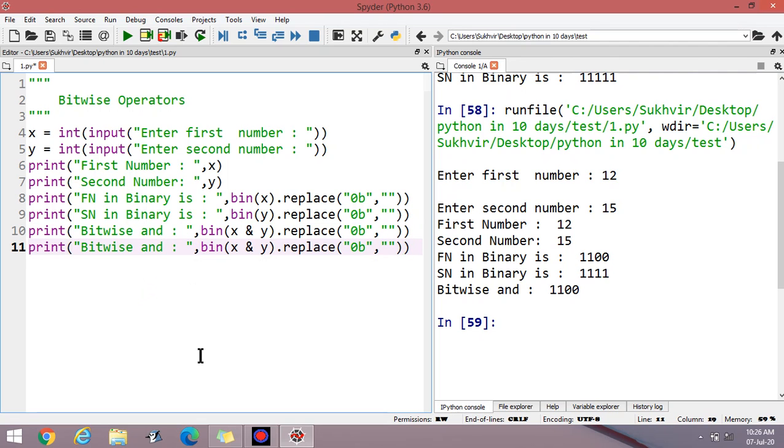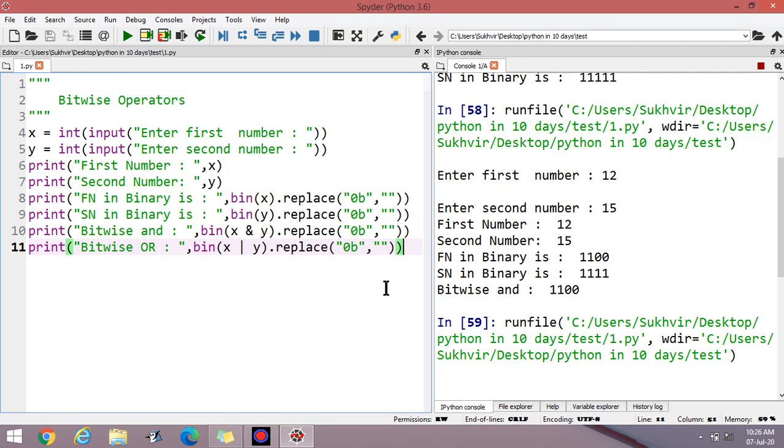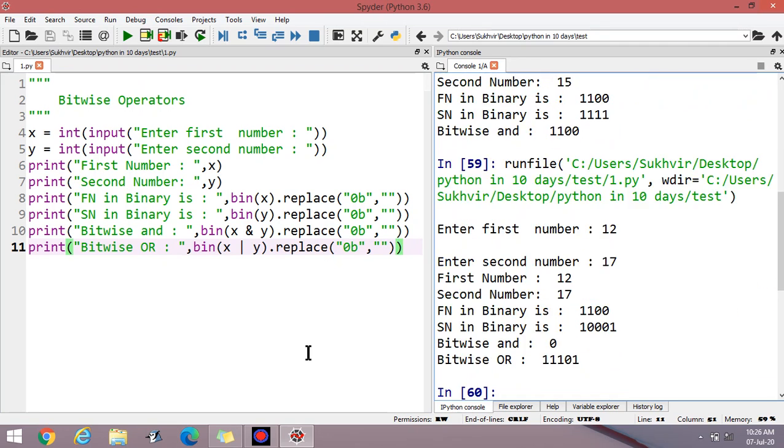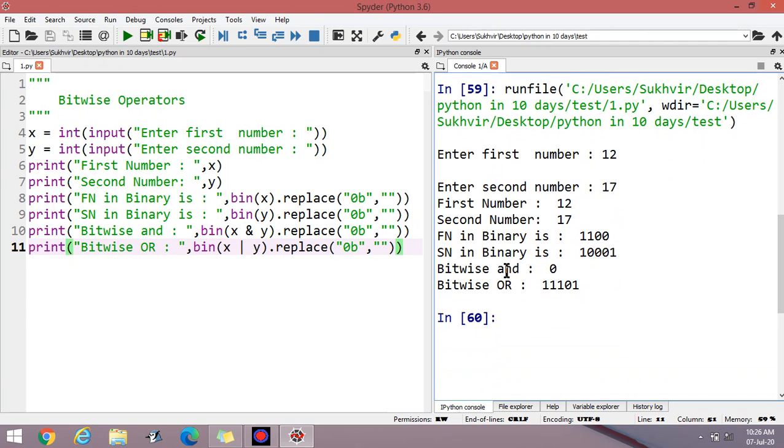The next is bitwise OR. You can write OR here, then execute the program. 12 and 17 bitwise AND, and the answer is 0.